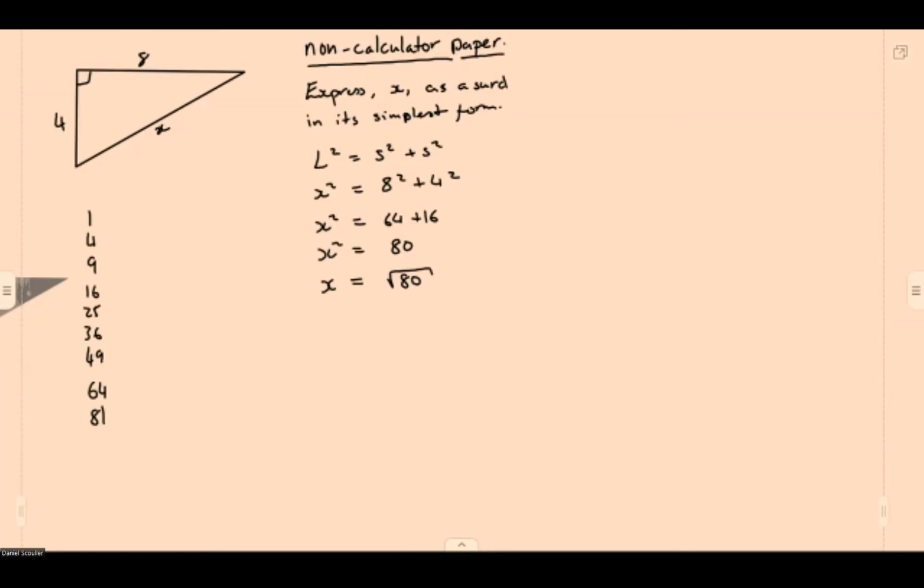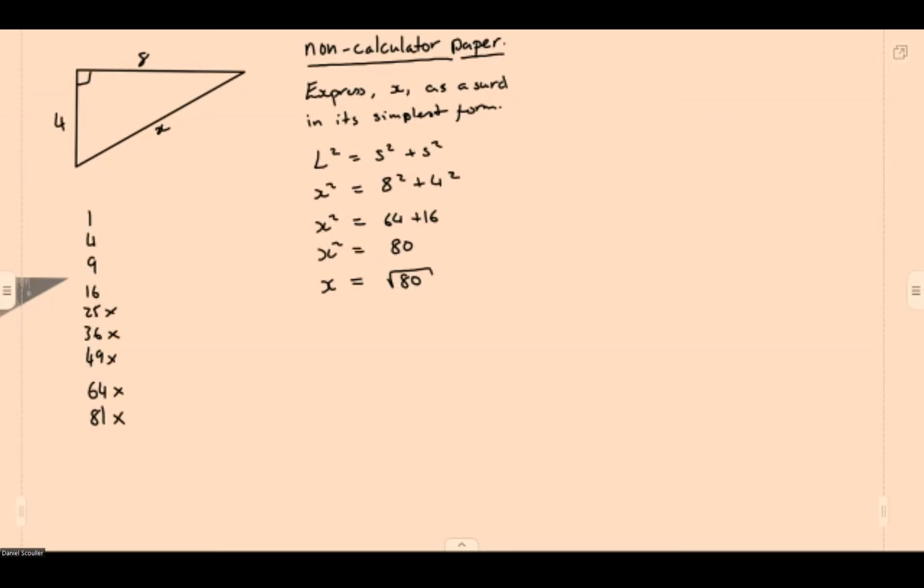So we write out all our squared numbers, 1 squared, 2 squared, 3 squared, 4 squared, 5 squared, all the way up past that number. So we're looking for something that multiplies in so we can simplify that down. So 64 doesn't, 49 doesn't, 36 doesn't, 25 doesn't,